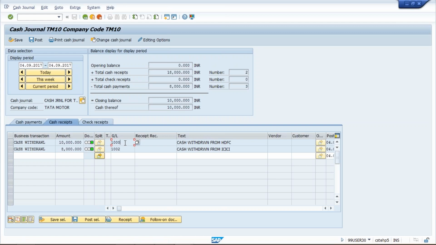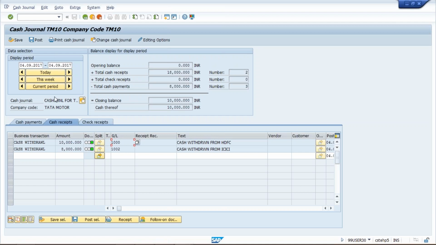So this is the interview question which will be asked by people regarding cash journal. Apart from this, if you want to see the reports, here we have Today's. If you click Today's, whatever cash purchases and sales have taken place will appear here. This Week means the current week, and Current Period means you can give any period, for example, for one month we can view reports here.